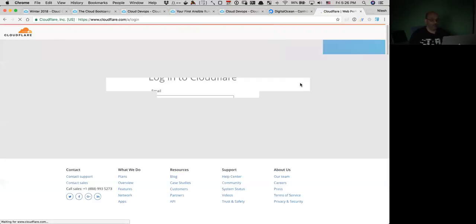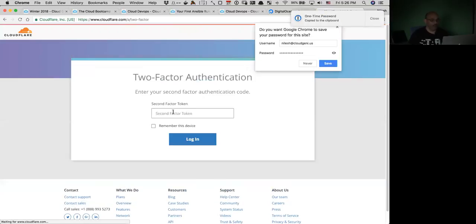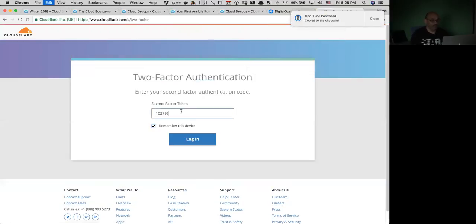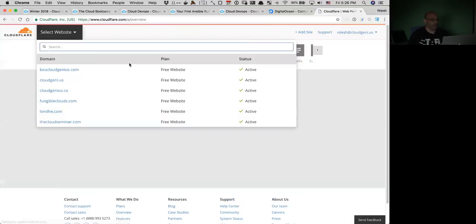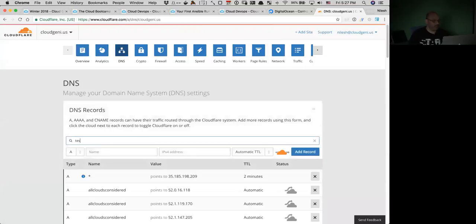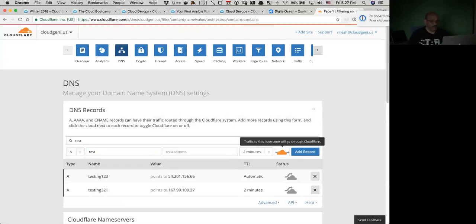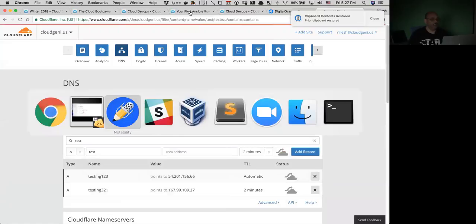And so I'm logging in, and I logged in, and then I go to my domain, look at DNS, and then find out the test entry. Is there such an entry? No, it doesn't exist. So I'll create a new entry and make it 2-minute TTL, put in the IP address